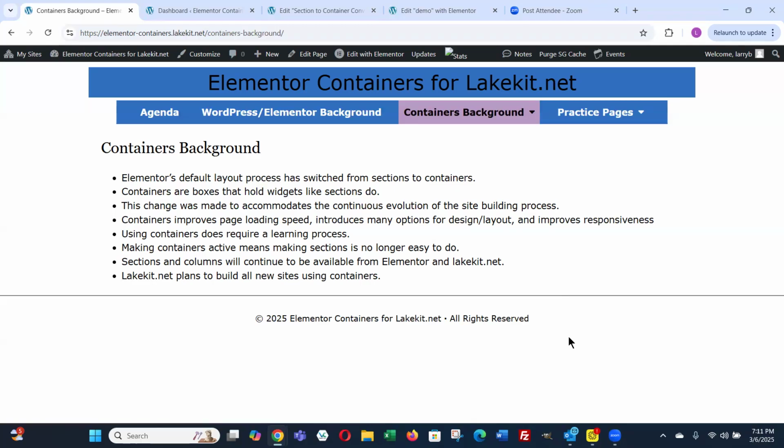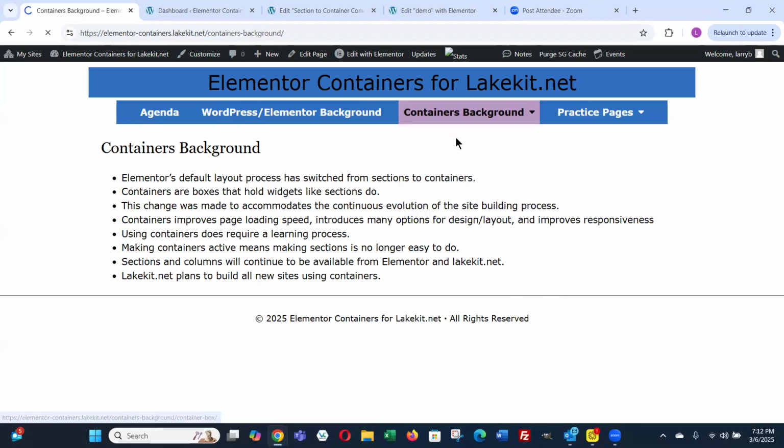However, these old sections still can exist and function, and sections and columns will be available into the future, both from LakeKit and from Elementor. But we LakeKit volunteers are planning to build all new sites using containers because we think it's important to keep up with the changes that occur.